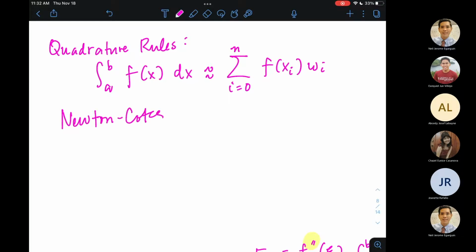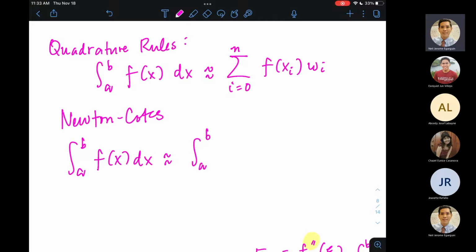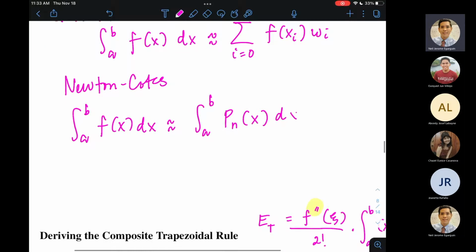Okay. Na ang idea behind this type of quadrature rules is that we are replacing the integrand little f by the interpolating polynomial p sub n for it. All right. So basically what we do is approximate the integral of f over the interval by the integral from a to b of the interpolating polynomial of degree no greater than n over the interval. And if you carry out the calculations carefully, you will see that this will just be